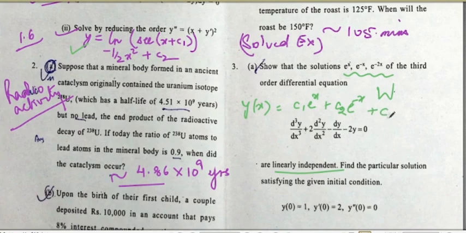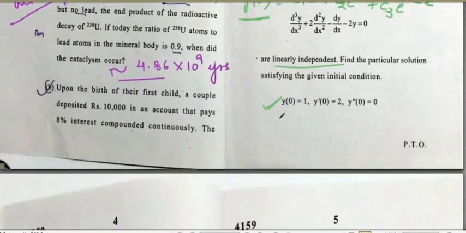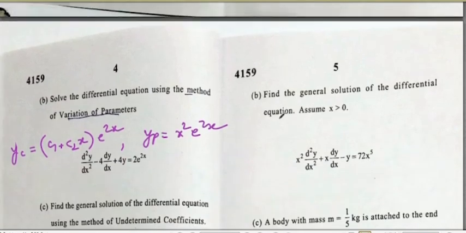So this will be taken as the general solution, and the particular solution will be obtained by using these 3 conditions given. Applying these conditions on this general solution, we'll be able to find the values of C1, C2 and C3 respectively. So again a good question, very similar format to the previous year paper, very similar.